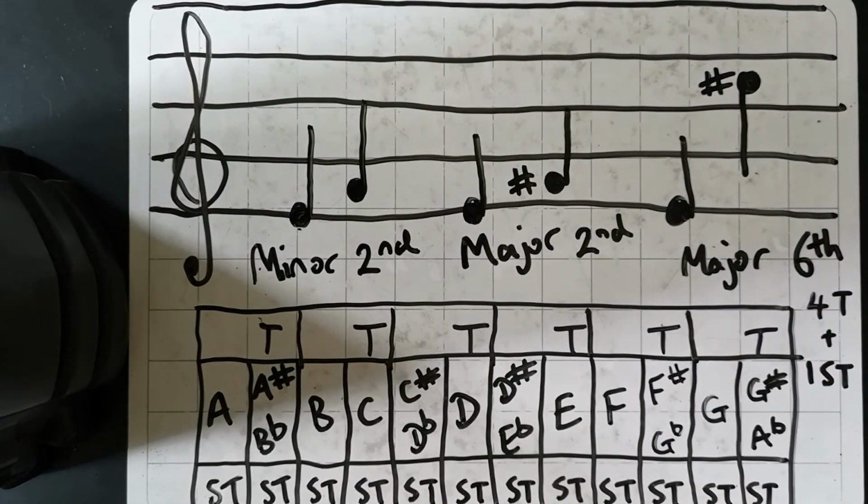So if you're ever not sure, revisit the early parts of the video, okay? As soon as you've drawn them on, you should be able to work out what the distance is, whether it's a second, or a sixth, or a seventh, or a third, or whatever it is. And then you've got to go back to earlier in the video to work out, is it a major version of that or a minor version of that? Okay, so I'm going to flip over